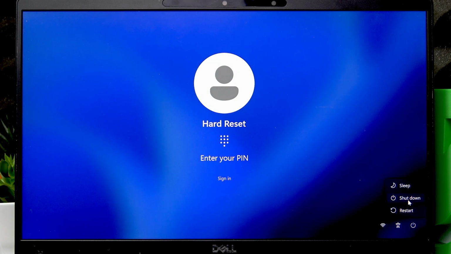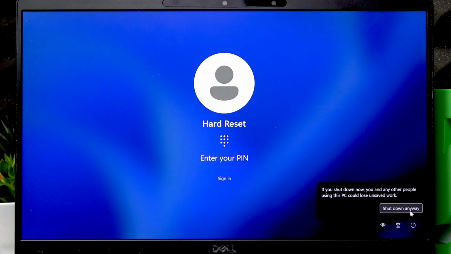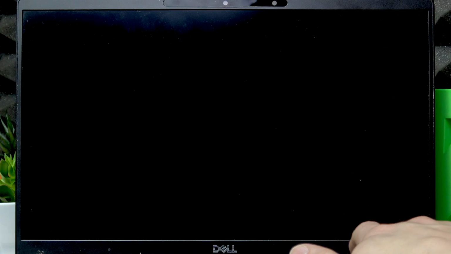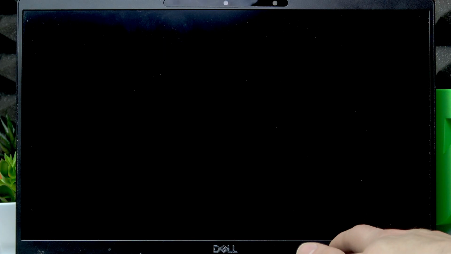First of all, let's power off the PC completely by going to power options, selecting shutdown and then confirming our choice. Once the PC is turned off completely, you're going to have to short press the power button to turn it on, and while it's being powered on, you have to start repeatedly pressing the F12 button until you see the preparing boot menu message in the top right corner of your laptop screen. So short press the power button and then start pressing F12,